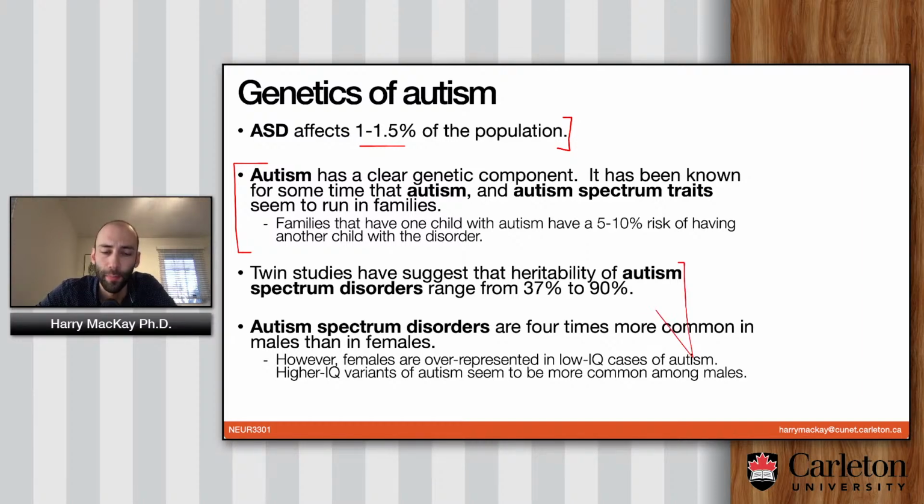Looking at twin studies, these suggest that the heritability of autism spectrum disorders ranges from between 37 to 90%, which is quite a wide range, but again, that depends exactly on what cutoff you draw. Are we talking ASD, or are we talking about full-blown autistic syndrome? Difficult to say. And they're about 4 times more common in males than females,